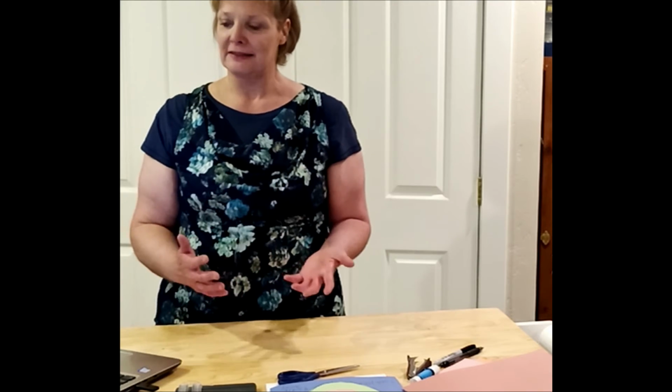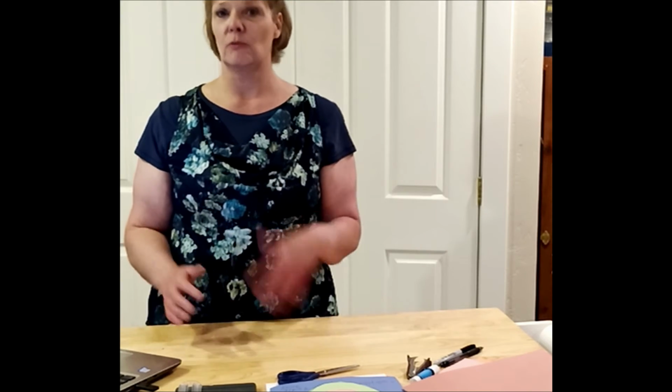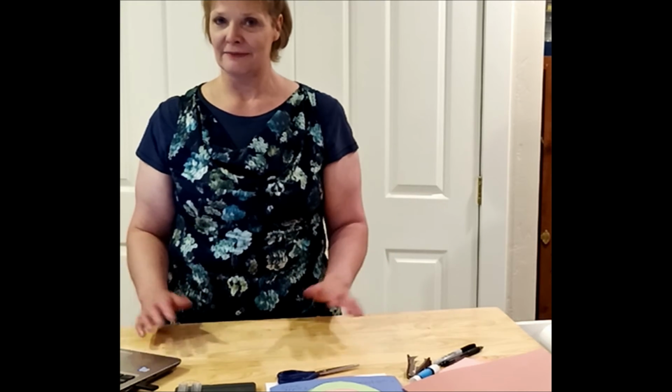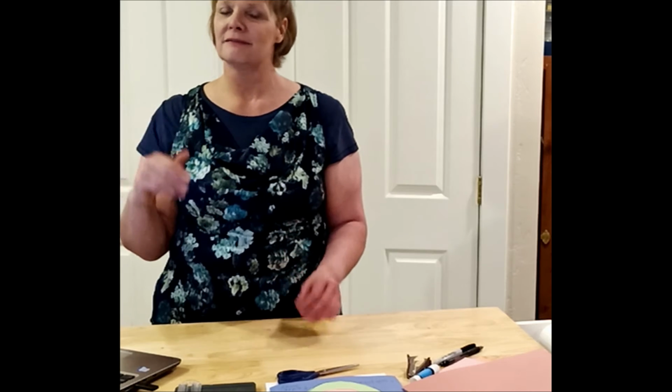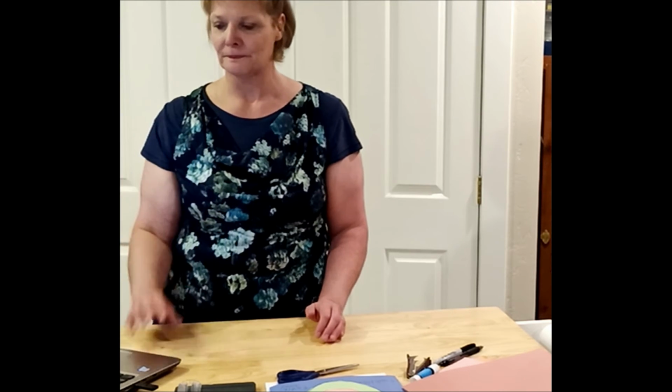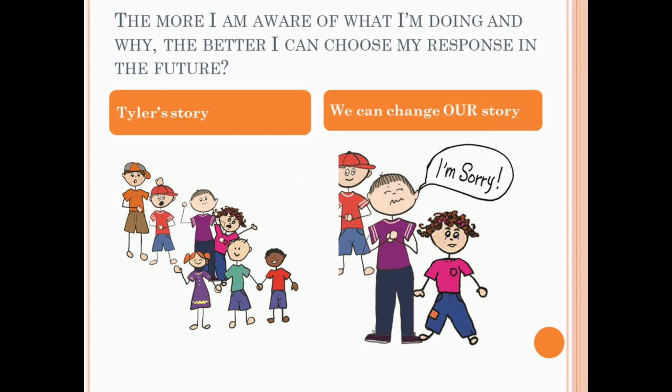So the more I practice something, the stronger the pathways in my brain get and the more automatic they are. So the more I walk this pathway, the more it becomes well woven, and so those things become automatic. And the less we use the other one, the more it kind of dwindles. So we're trying to increase our desired behavior pathways and decrease our undesirable behavior pathways. So I'm going to tell you a story about